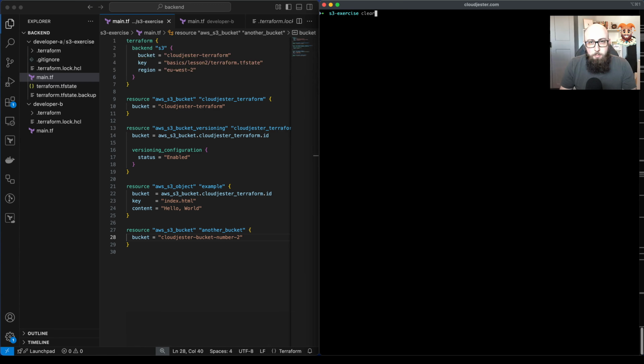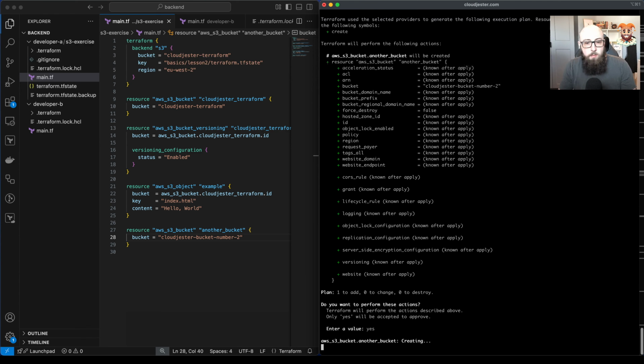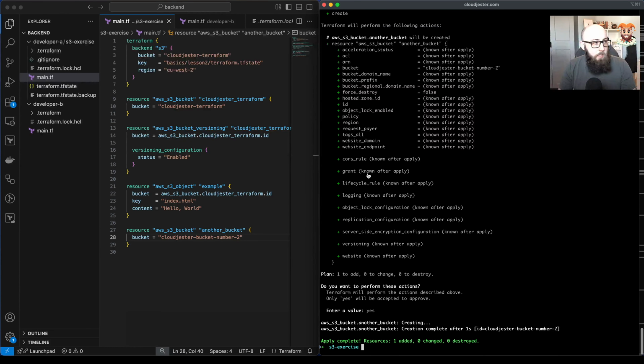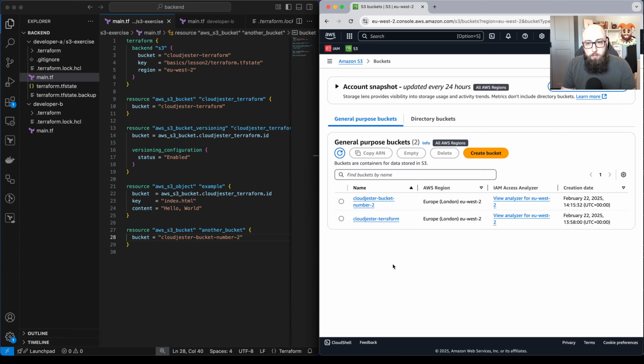Pick a name that should be unique. Okay, we've got this bucket. If I refresh this, we can see this bucket here. Now, if I go to Terraform,